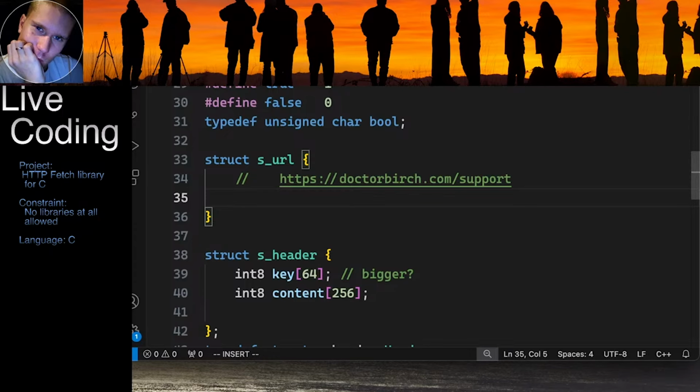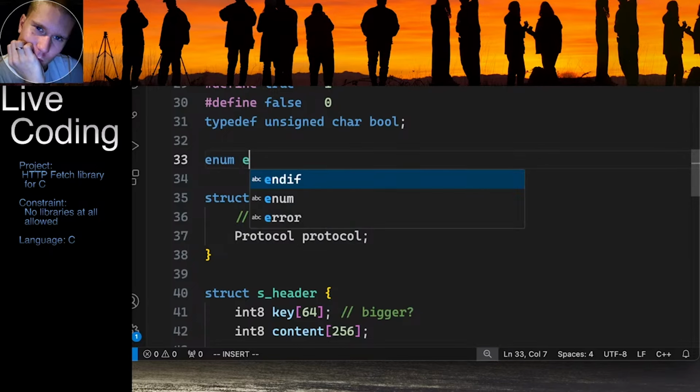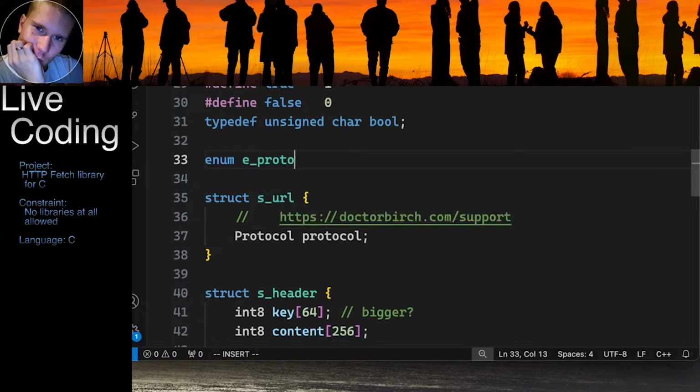So how shall we define that? I think I will define some kind of an enum for that. No, yeah, an enum. Because there are only a couple of options, right? So let's call that protocol, and we call this protocol as well. So this will be, I don't often do enums, I tend to forget the syntax every time, but I think it's something like enum e protocol,